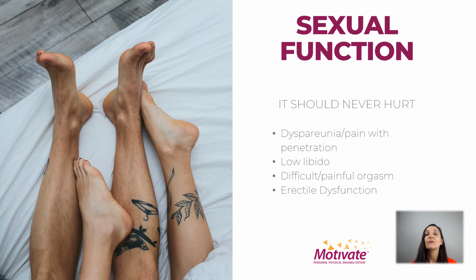So there's actually 3 layers to your pelvic floor. And the first, more external layer is more for sexual function. So blood flow to the organs, the clitoris and the penis are super important, obviously, for this function. So when there's a lot of tension around this area, it can affect blood flow. When there is scar tissue or even fear of pain from a repeated history of having pain here for whatever reason,